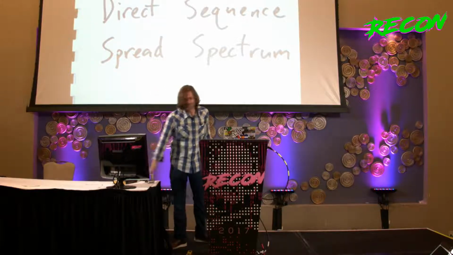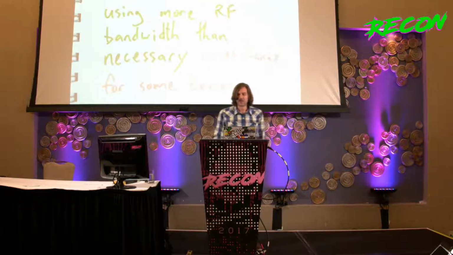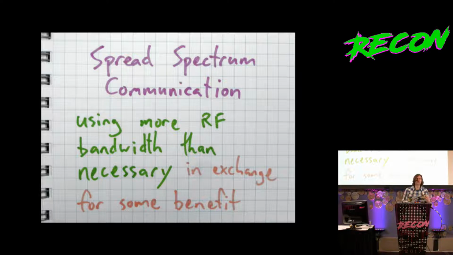So the idol that I'm trying to smash today is direct sequence spread spectrum, which is a radio technology. Spread spectrum technologies are techniques that are used to have a radio system use more bandwidth than is actually necessary to transmit some information. The way spread spectrum signals work in general is that they squander bandwidth in order to gain some other benefit. Some of the benefits gained tend to be immunity to noise and interference, which is a really